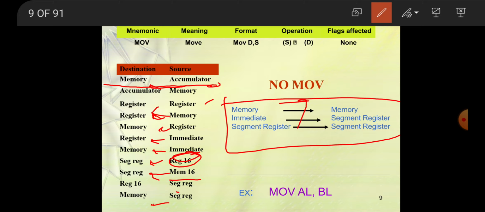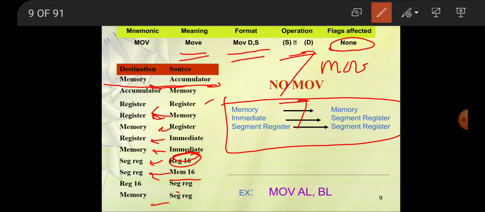Now how can the MOV instruction be written? The meaning is the same: we want to move the data. The format is MOV D, S. This is the format of writing the instruction. No flag is affected, and the operation is moving from S to D. Suppose I write MOV A, and then some memory location.